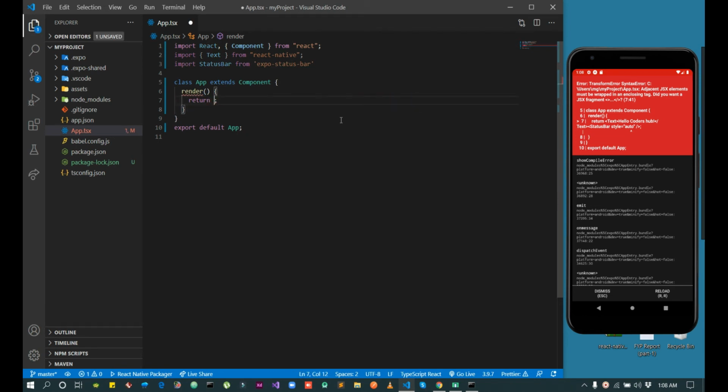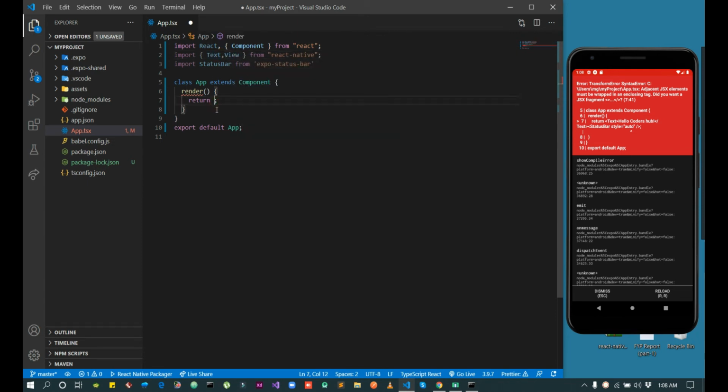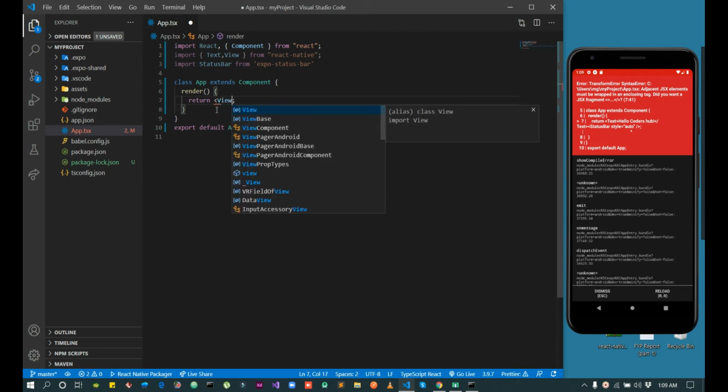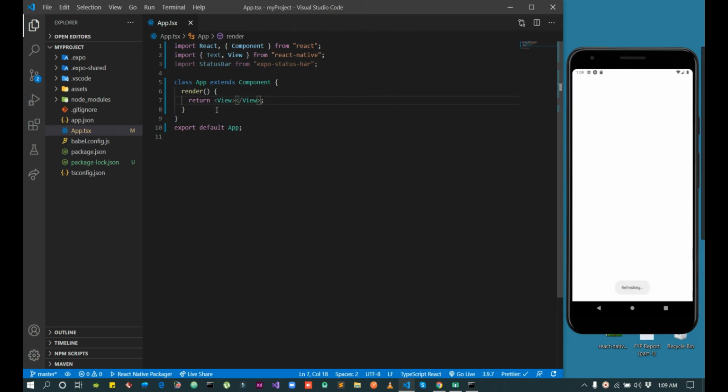We will cut this code and import a View, which is like a div. If you are a website developer, you can compare it with div. We will import View, and as we save, the error is gone, and we paste our existing code and save it.